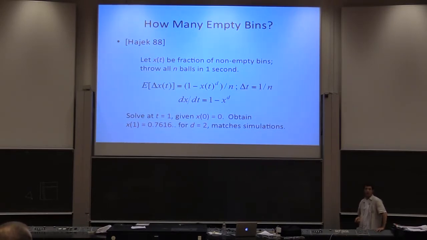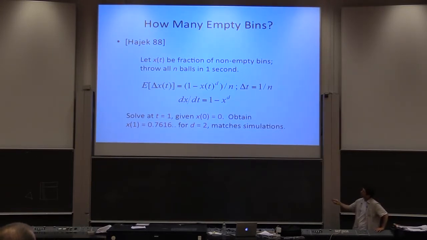All right, what I'm going to ask you to believe for the moment is that the limiting behavior of this system is adequately described by this differential equation. As n goes to infinity, the behavior of the system, assuming things behave close to their expectation, is just going to be given by this differential equation. So this is a nice, pleasant differential equation. It doesn't generally have a pleasant closed form solution,